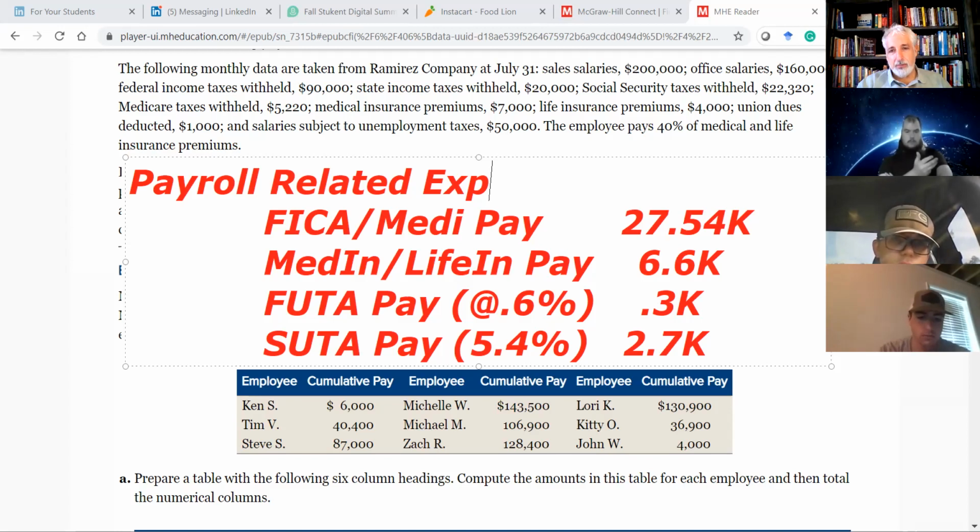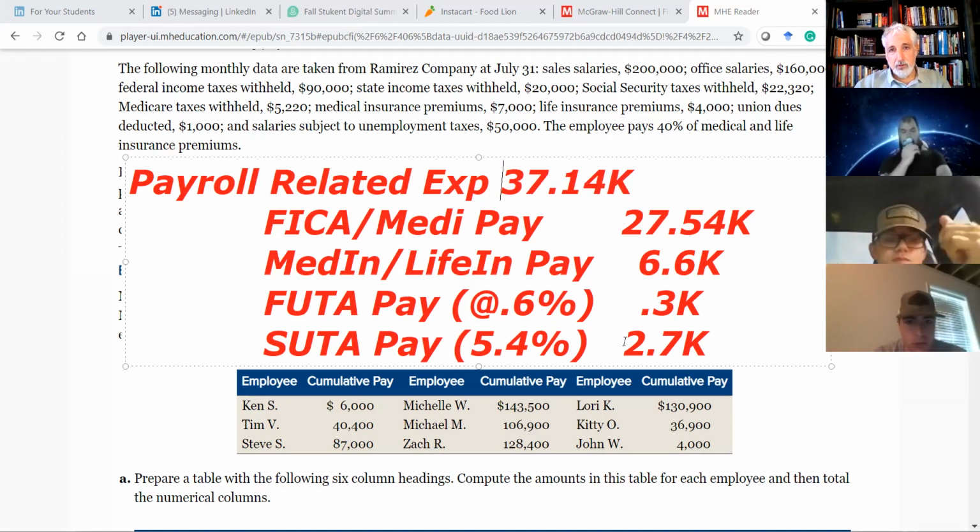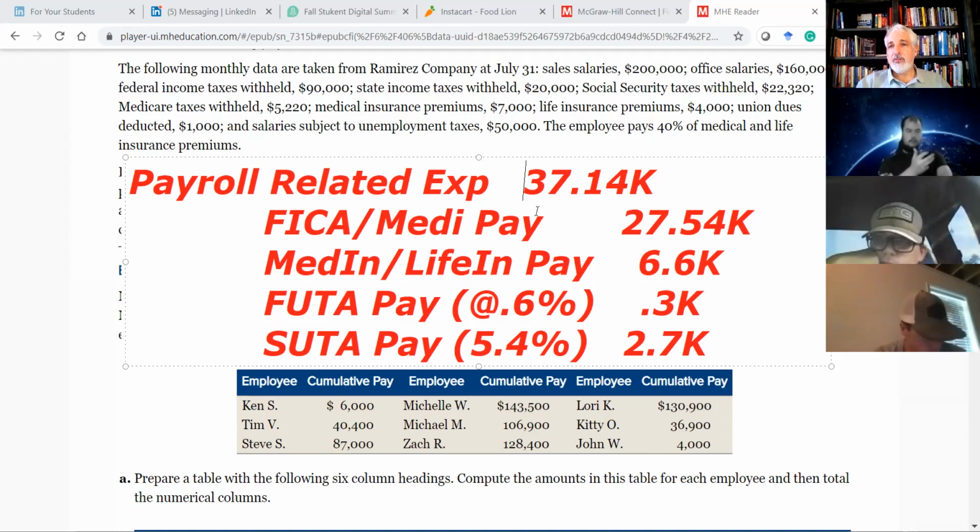Can somebody total up that mess of numbers too? 27, 32, 33, 35, 36, 37.14 sound right? So for that payroll of $360,000, we've got another $37,000, 10% of that roughly, that's going to be employer expenses,